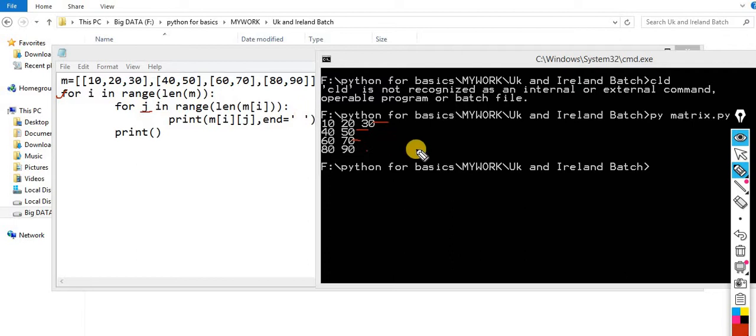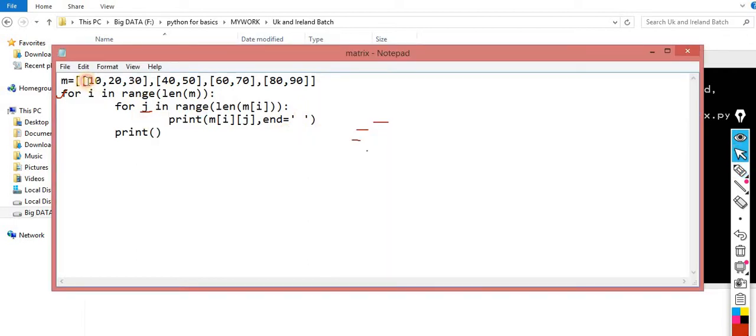What is the length of this m? The length of this m is 4. That means our loop will execute from 0 to 3. As I already told you, this is row 0, row 1, row 2, row 3. So the first loop will be executed for 0, 1, 2, 3. Perfect.